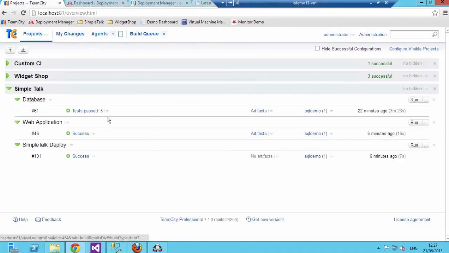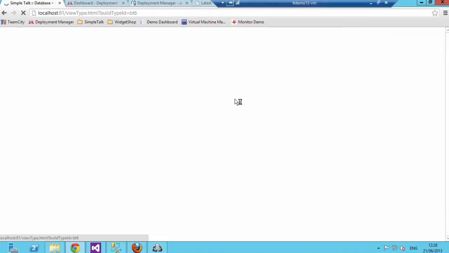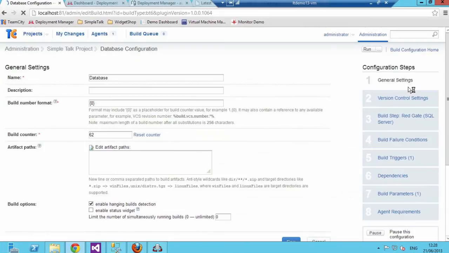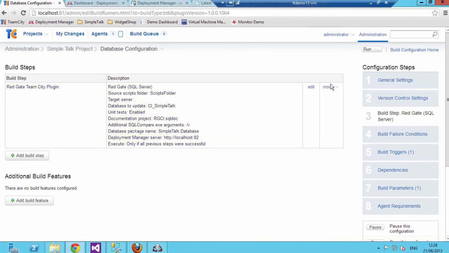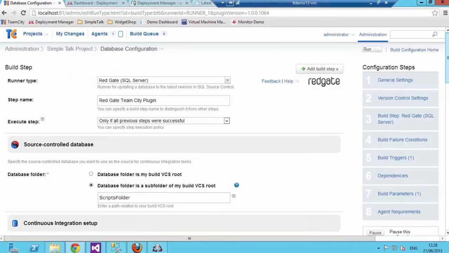So we've got inside our TeamCity, and first thing to mention is this is not just TeamCity. We show this because we've made an add-in that looks really nice for it, and it's a really nice experience. But the same underlying technology is available via the command line to be used from any CI system, whether it's TFS, Jenkins, Bamboo, whatever you want to use. If we look at the database, we see for SimpleTalk we've got a database, a web app, and the deploy config. If we look at the database, we can see this is the Redgate extension into TeamCity. And again, this is all using SQL Compare technology to do the magic.